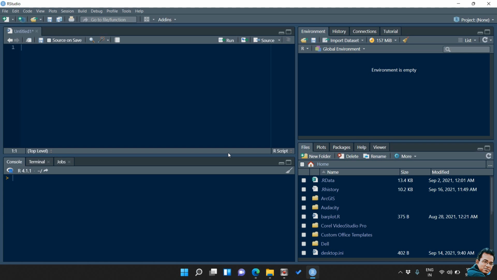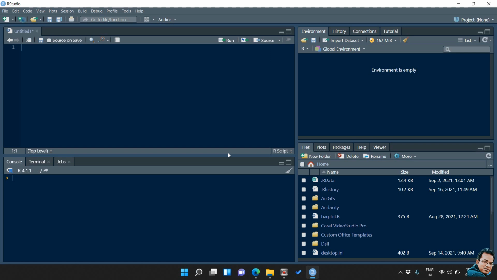RStudio is a free, open source integrated development environment for R. It includes a console, a syntax highlighting editor that supports direct code execution, as well as tools for plotting, history, debugging, and workspace management.